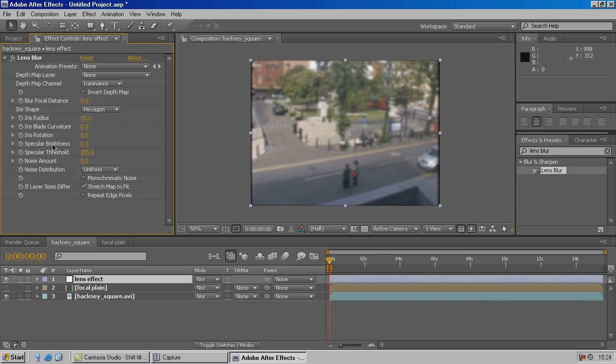Other tools you can use under lens blur are the specular brightness and specular threshold, just to adjust the white levels. These are not tools that I would recommend using, because we will be doing color correcting later on, which will give more control, but as a cheap and cheerful solution, you could bring the threshold down to, say, 250